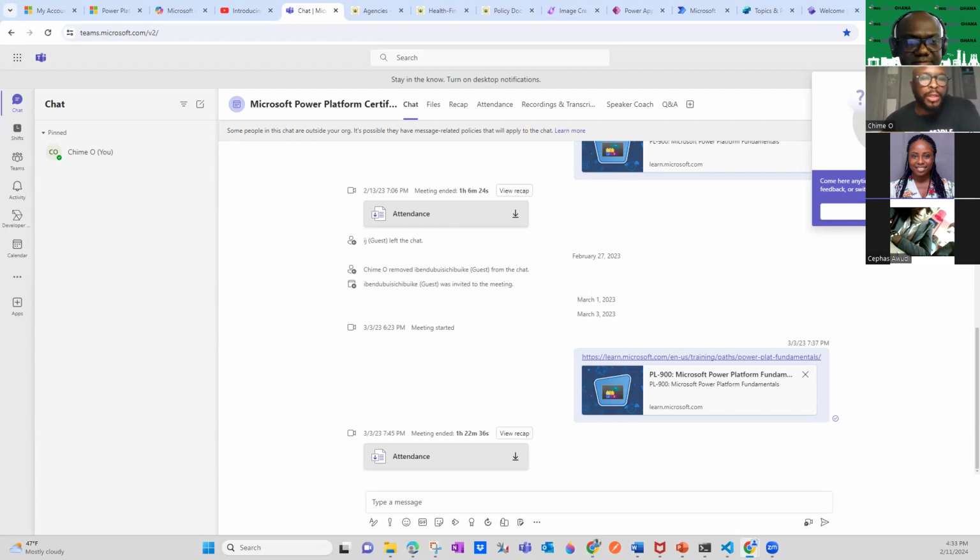So maybe I'll also add, yeah, thanks, Frederick. Even though there's no particular certification route for Microsoft Copilot, when we look at the low-code space, Power Platform, we also have the PL-900 certification. These are fundamentals around your Power Automate, your Microsoft Copilot Studio, and your Power Apps, whether Canvas or model-driven. That can also give you an added advantage if you hold that certification, or if you work towards that certification. Sure.